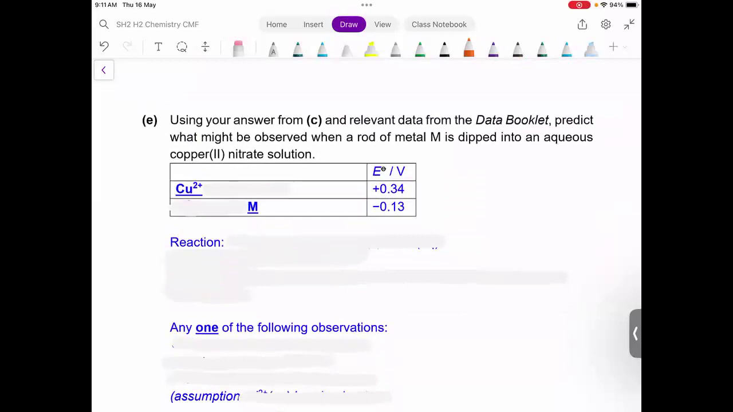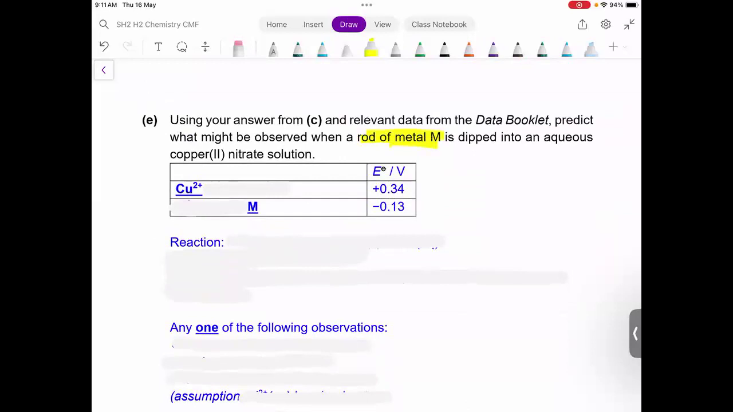Okay, so let's look at part E. Using your answer from part C and relevant data from data booklet, predict what might be observed when a rod of metal M is dipped into aqueous solution of copper 2 nitrate. So in this case, recognize that this is no longer a half cell. Okay, you only have the metal M